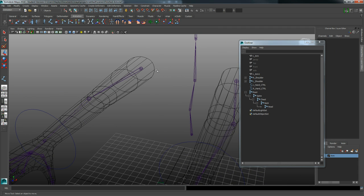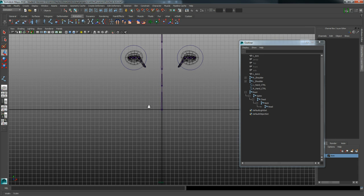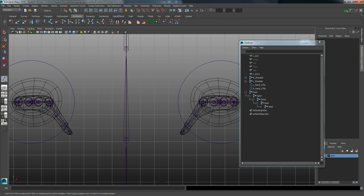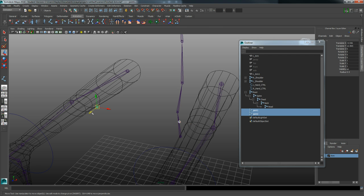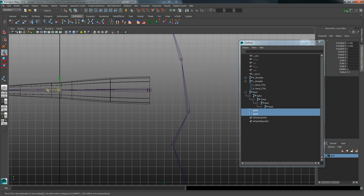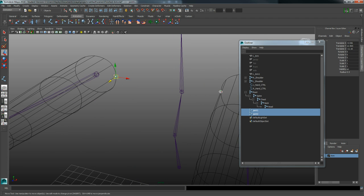And then what we're going to do is add an additional joint onto here. So if we just go into front view, click them once and press enter. Press G to repeat the last tool used. Again, enter. Go into perspective view and we're just going to move these back. Like so. Press and hold Control on the keyboard to deselect. This one can be called right arm, left arm,